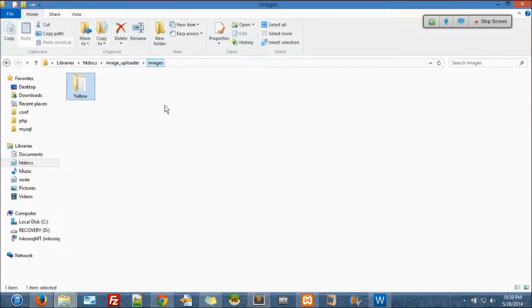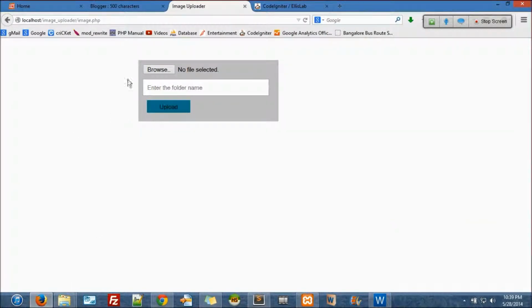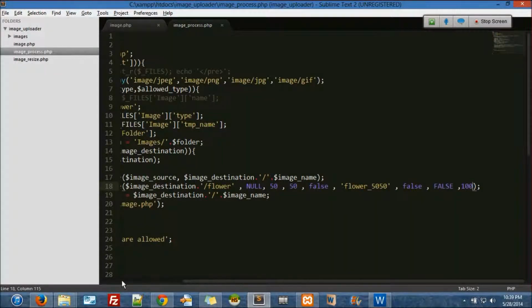Okay, so let's do this. I'll delete the entire yellow folder here. I've deleted it. So come back here. I'll refresh this and browse. So this time let's edit. Okay, let's do one more thing here.